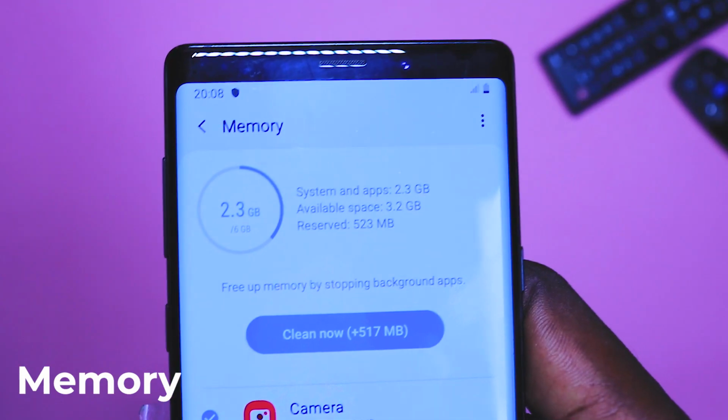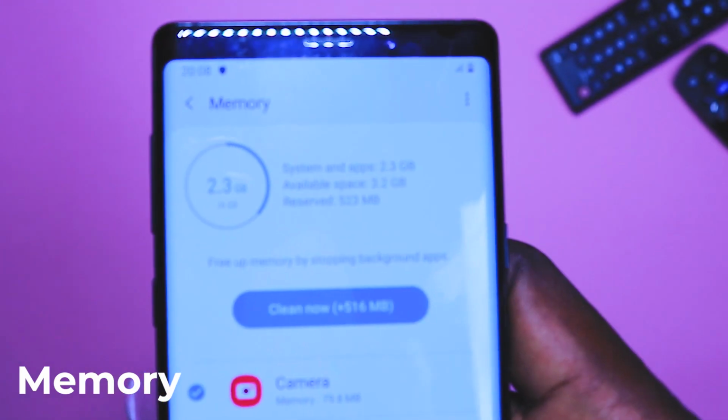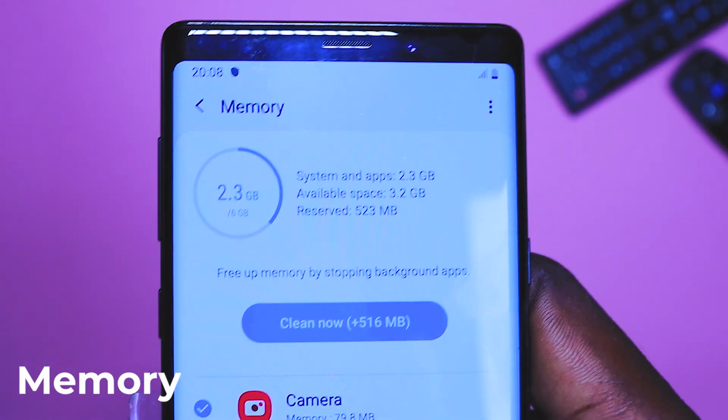The camera setup in Note 9 is very good. The Note 9 camera may not be as advanced as the Galaxy Note 10 or the Galaxy S20 Ultra, but it's still very impressive. For the memory, the Samsung Galaxy Note 9 comes in different variants: